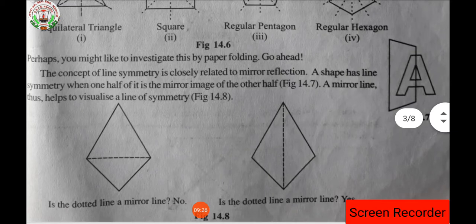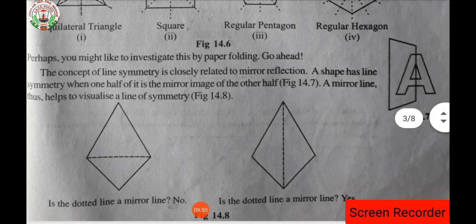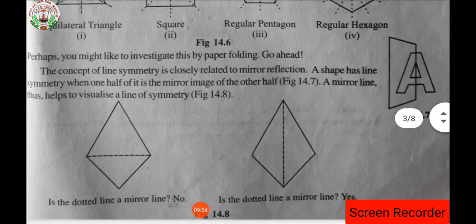So whenever we see ourselves in a mirror, in water, or any object which is reflective, we can see ourselves as we are. Whatever we see, our eye, our cheek, everything is visible there on the mirror. As we are seeing, in the same way it reflects. That kind of image, whatever it reflects through a camera or a mirror or water, is known as a mirror image.